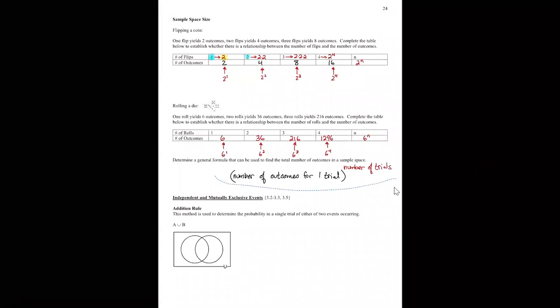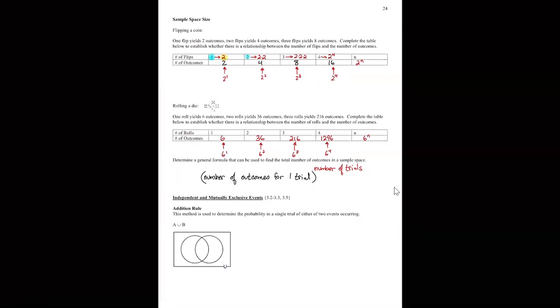All right, so we could figure out the total number of elements in a sample space, items in a sample space, just based off of this relationship. Now, we're going to find as we move forward that probabilities are very specific to conditions, you know, so we use certain techniques only under certain circumstances. So it is possible that we could come across a situation where this technique won't work,